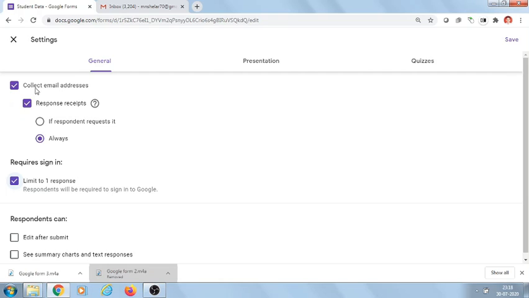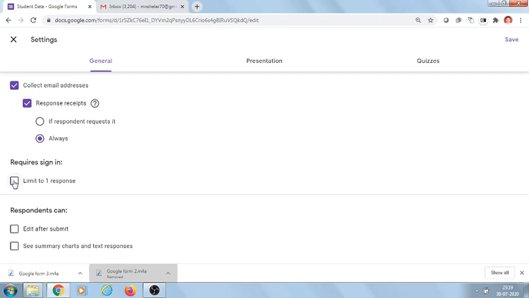Therefore, if this is turned on, then every user who is going to submit the Google form must sign in to a Google account. If it is turned off, then Google sign in is not required for the respondents.